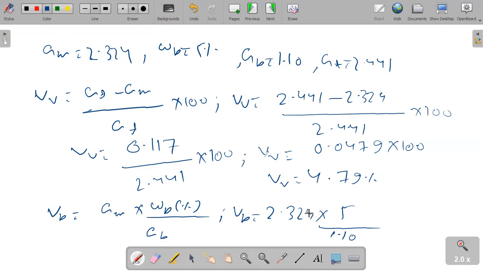So if we multiply 2.324 with 5, we'll get 11.62. 11.62 divided by 1.10, which gives VB is equal to 10.56